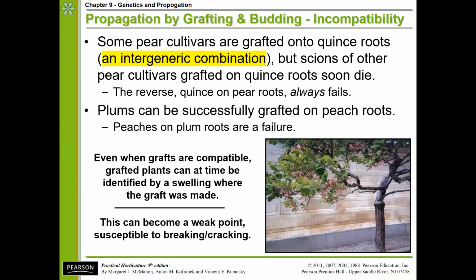There's examples of plums being grafted on peach roots, but peaches on plum roots usually don't work. Again, we don't know why. If you guys have ever seen in some nursery catalogs out there, they have like the fruit cocktail trees. It does work with plants in the same family, and they've had success. If you do a Google search on the tree of many fruits, it will come up. It's kind of interesting because it's actually an artist rather than a horticulturist that's doing this. But they've put almonds, peaches, plums, pears, and apples all on the same tree because they're all in the same family, the Rosaceae